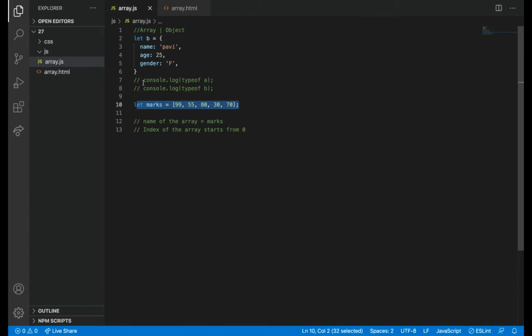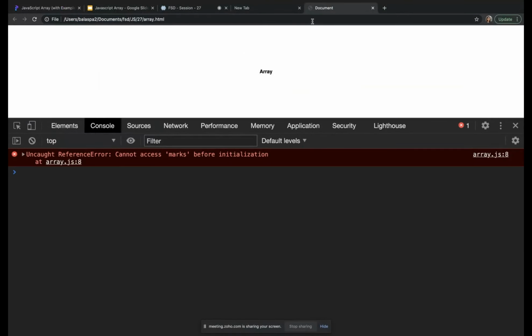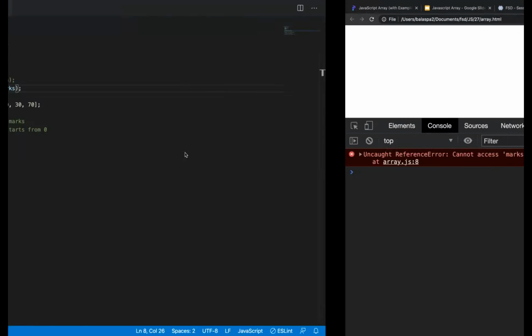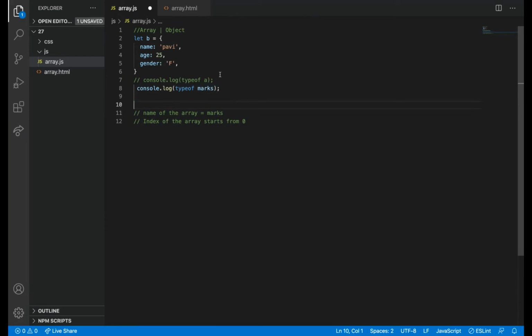Object, you can see it here. I'm just removing this, and then I am typing typeof marks. I have opened my file here. Marks, I'm keeping it.